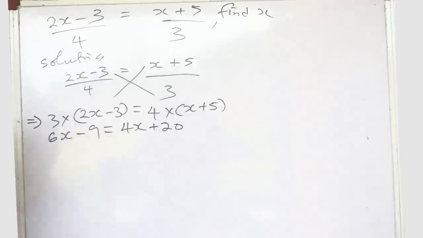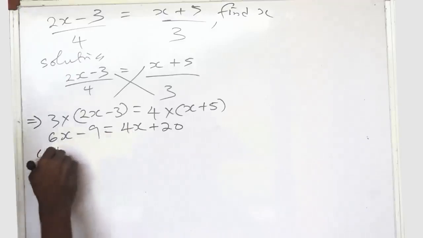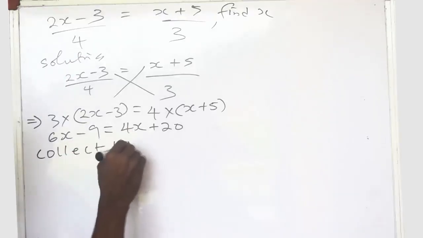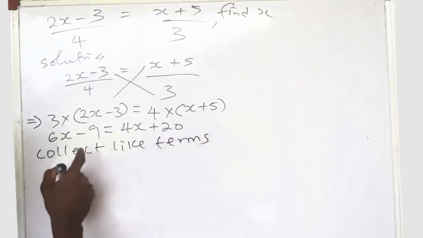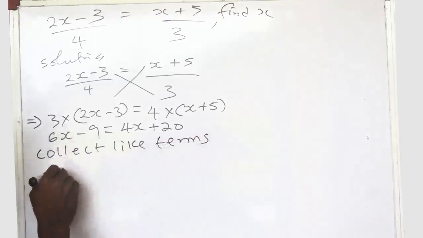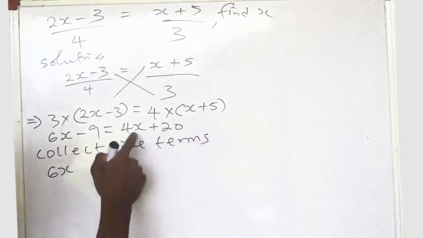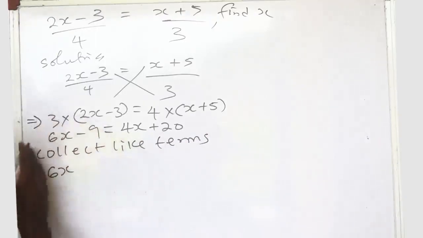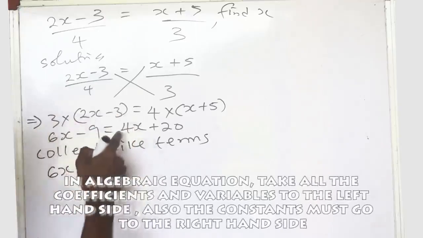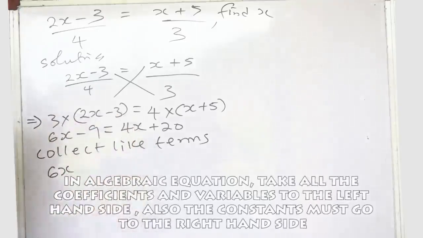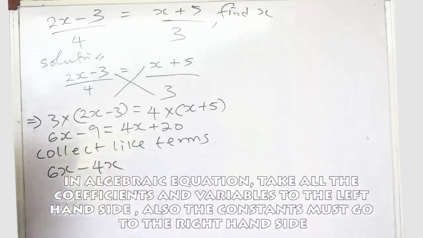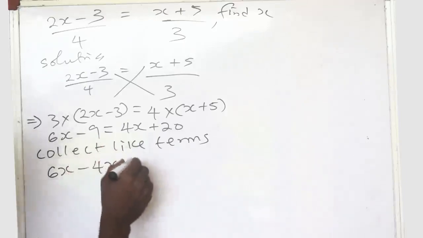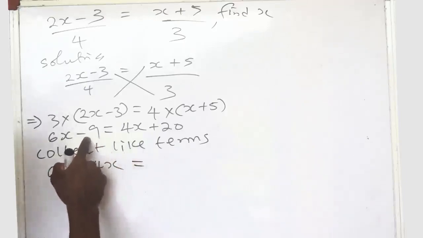We have x here, we have x. We say collect like terms. If it's arranged, there is no need for this. So collect like terms, we have how many x? Rather than 6x, we look for another x. This x is at the right hand side. It has to go to the left hand side. Once it crosses, it will change sign. It's already positive, it is positive because there is no minus at the front. So when you cross this, we have minus 4x. So equal to